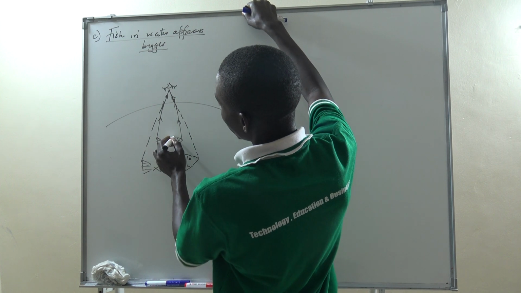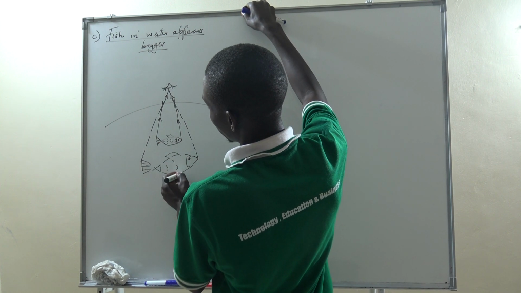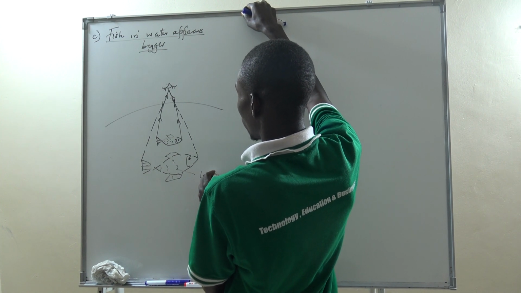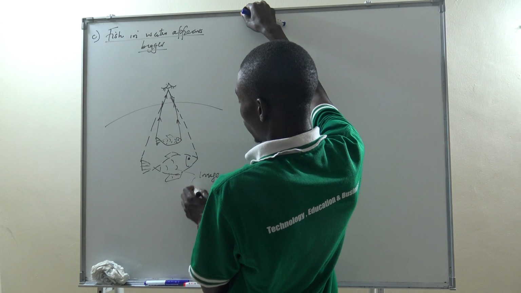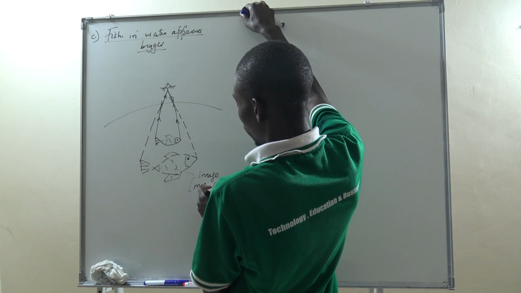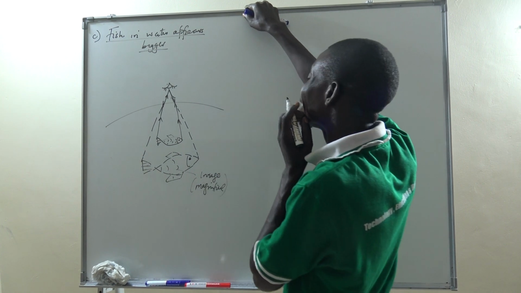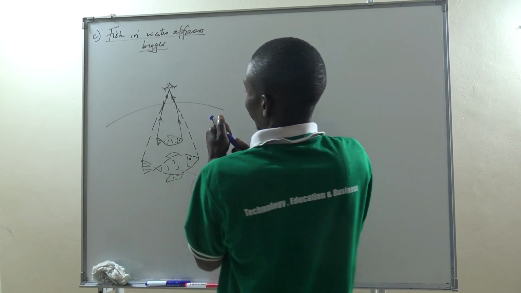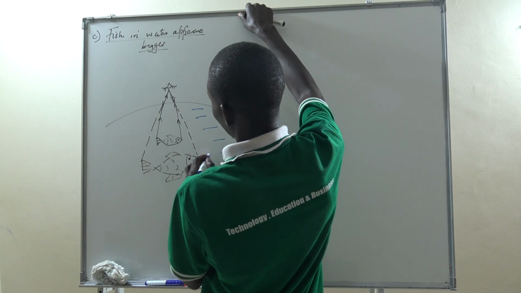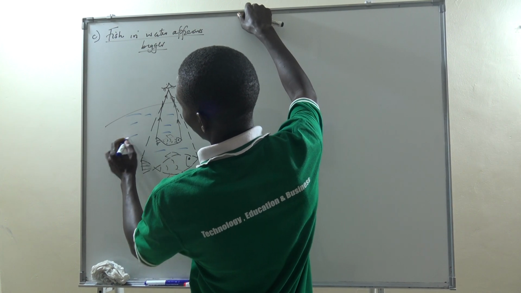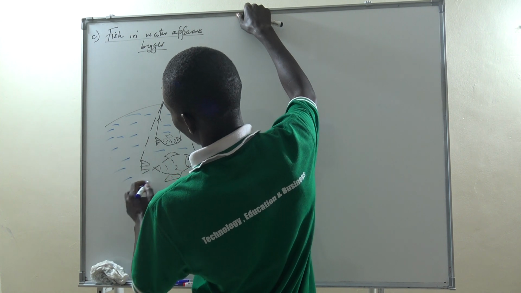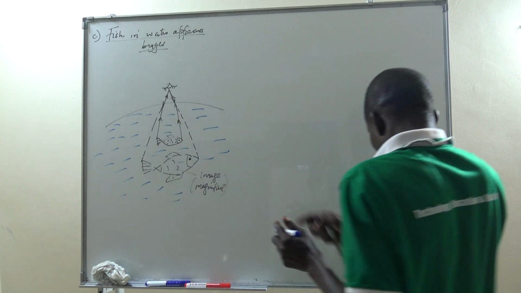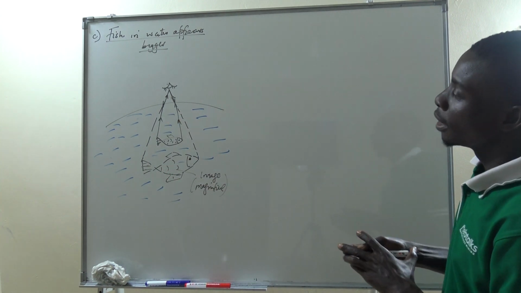So this is the image, or the magnified one. Why does that actually happen? If this is water, why does that actually happen? So we are saying that